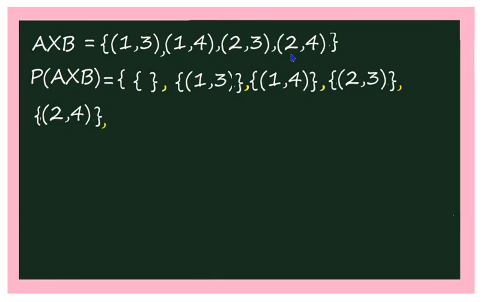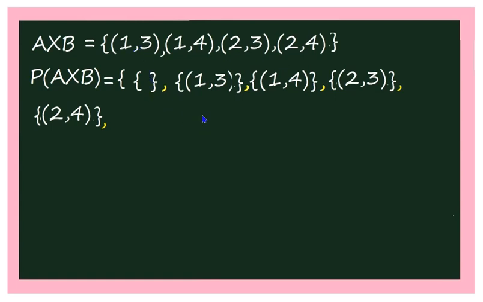Choose any 2 elements among these, and you will get one subset. But while writing, you just write in this order, and hence you will not miss any element. That is first and second, first and third, first and fourth, second and third, second and fourth, third and fourth, and totally we will have 6 subsets like that, which are the subsets of A cross B which contain 2 elements.